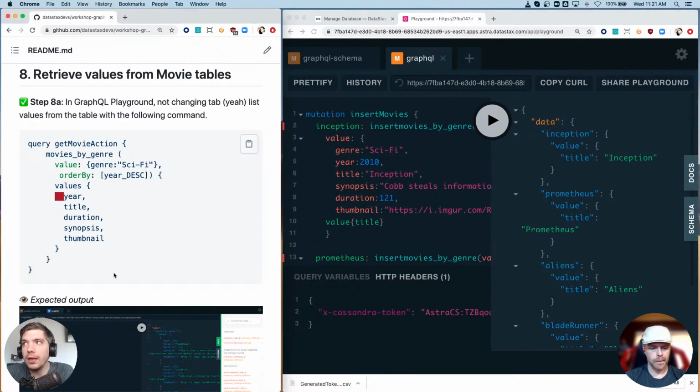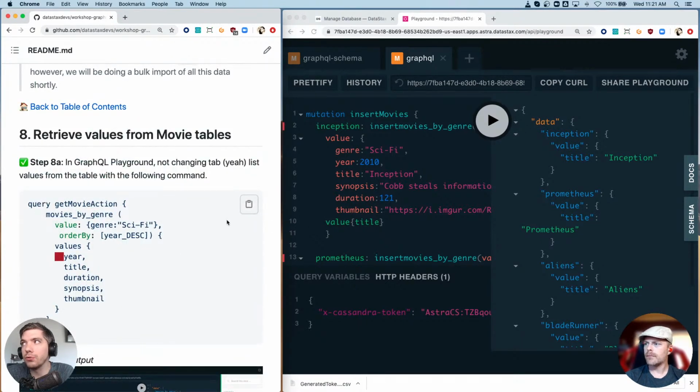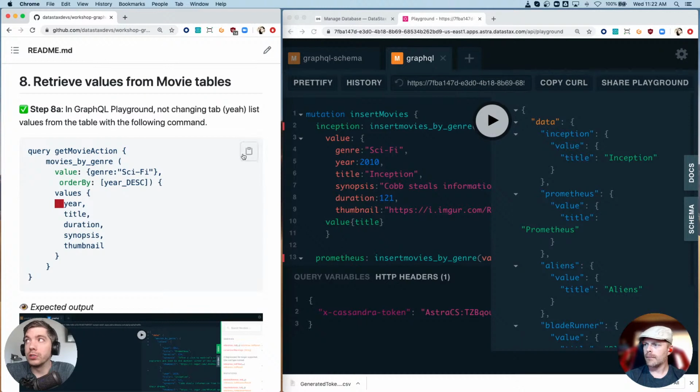Right. I'm going to go ahead and continue on. Obviously, we have quite a bit to go through, and I just want to go through this quickly. So we're going to retrieve. This is an example of querying those movies that we just inserted. So we're going to query movies by genre, and we're going to get all of our data from there. So if I just copy this over to here,